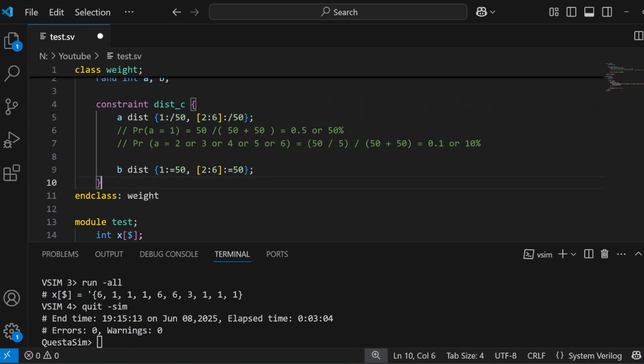But here in this range of values, it plays a different role, because previously the weight mentioned for the range was equally divided among all the elements of the range. But here in this case, it won't be equally divided. Instead, it will be equally assigned to each of the elements. So each of the elements ranging from 2 to 6 will have an equal weight of 50, which is